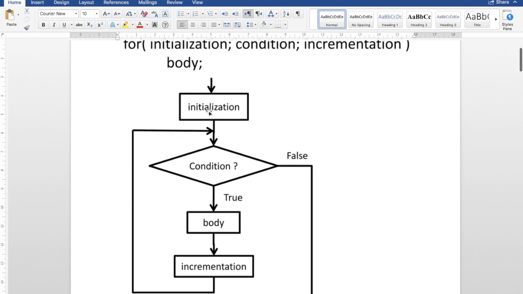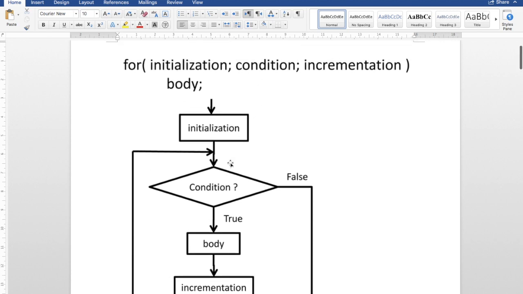Why? Because it actually starts with the initialization. So this flow chart is showing me how it works. It starts with the initialization, which is the first part. Second, it will check if the condition is true. And as I always say, it's like a yes or no question. So if it was true,